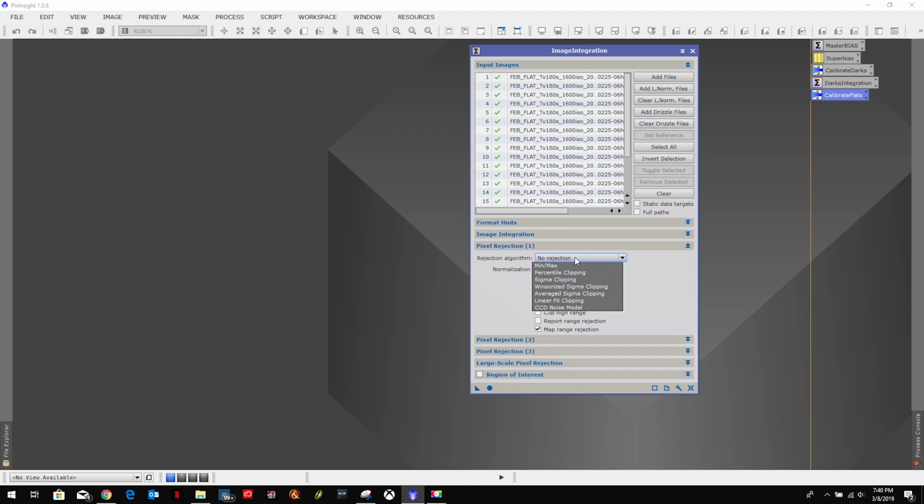We have 21 files, so that's over the 20 limit. So over 20 we use linear fit, 10 to 20 we use Winsorized clipping. We have 21, so let's do linear fit clipping. Okay, I apologize, according to Chiron's tutorial, he says to use percentile clipping, so we will use that. In normalization, we're going to use equalize fluxes. We're going to uncheck clip low range,